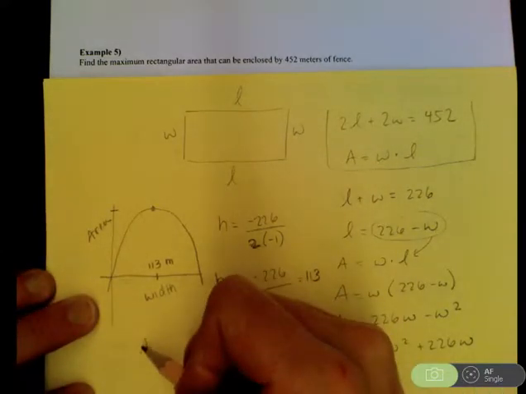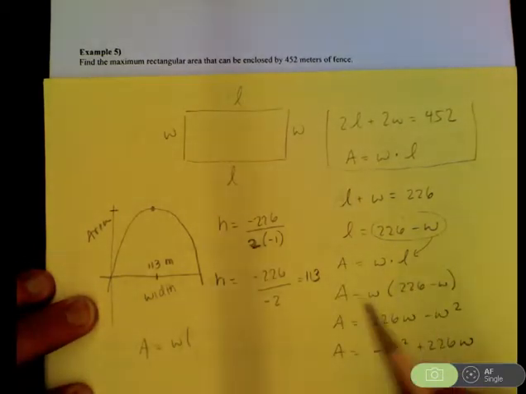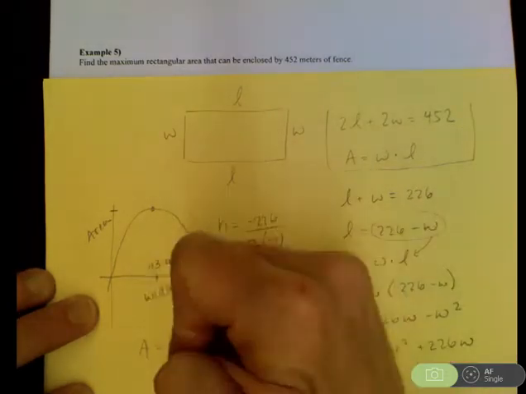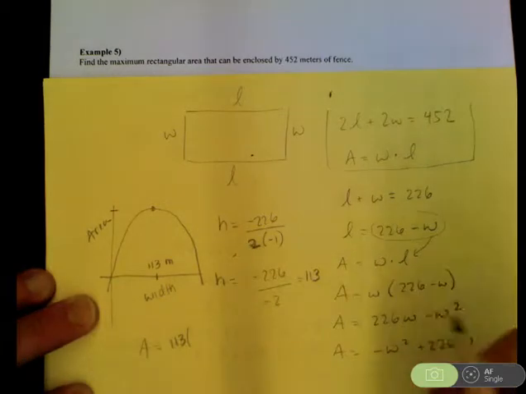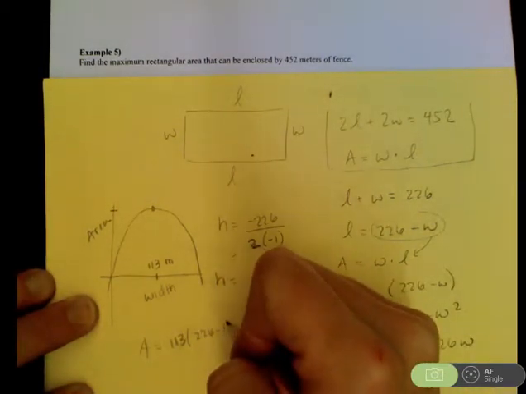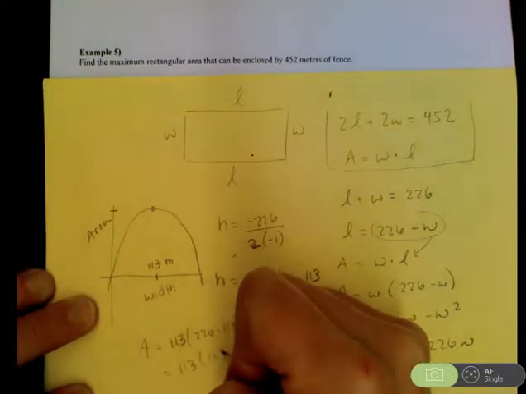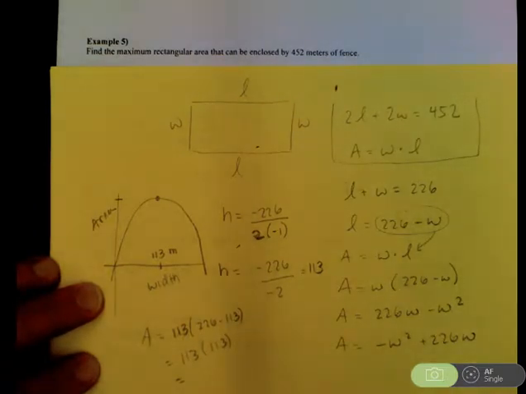So we said earlier that area is equal to, you can pick any of these formulas. We can use this one, we can use the multiplied out, we can use the multiplied out rearranged into standard form. It doesn't matter. We just need to plug in 113 for W. And then it's 226 minus 113. So it ends up being 113 squared, which is 12,769